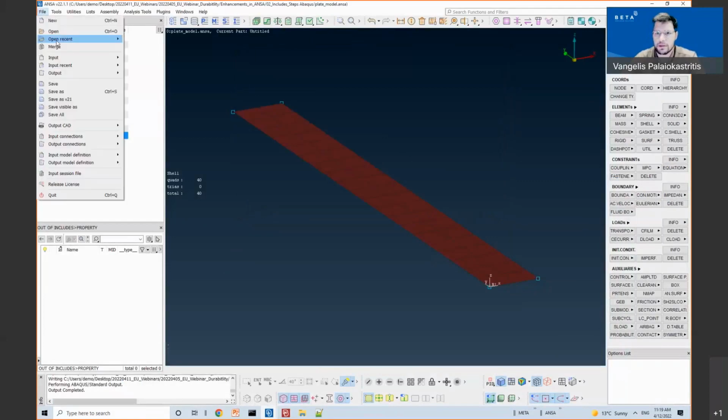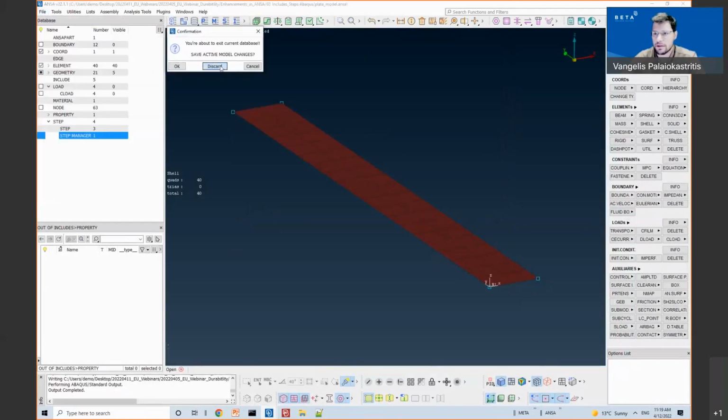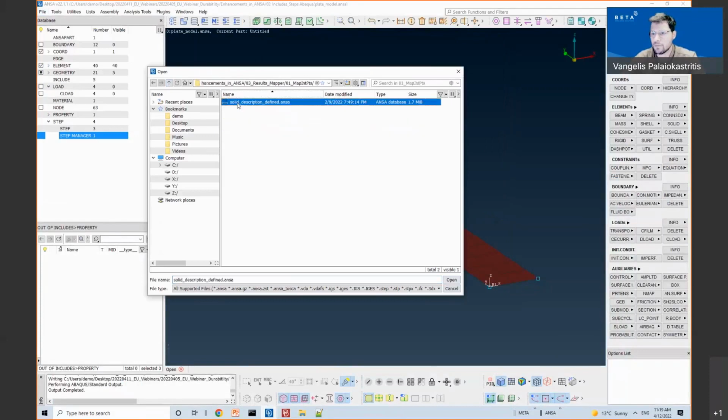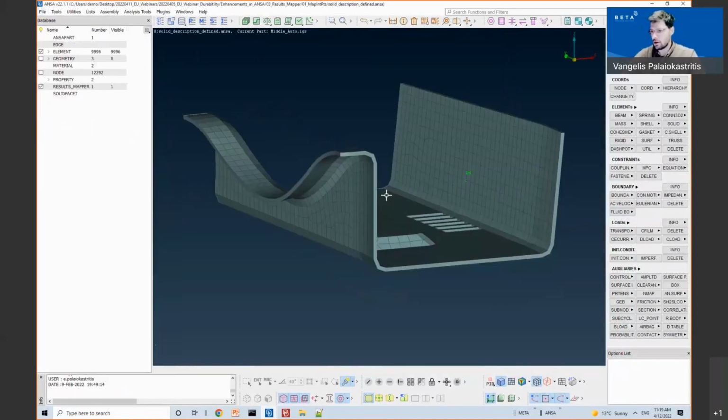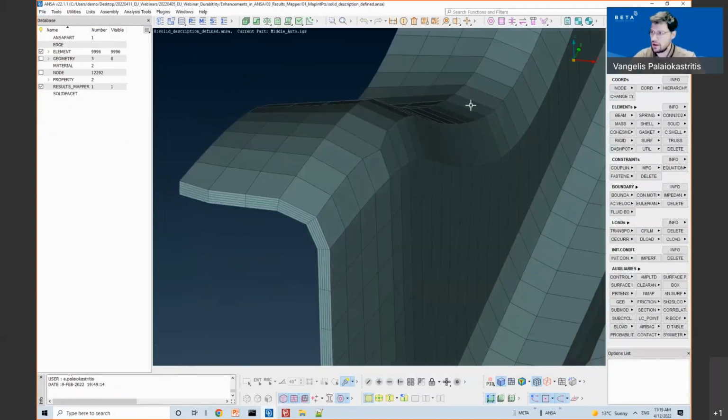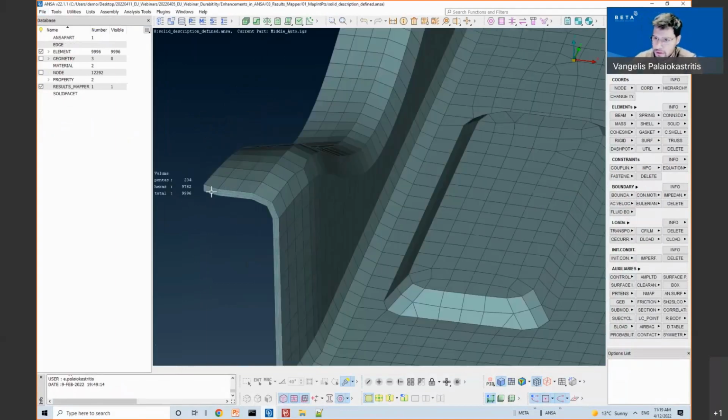Let's see an example. Okay, so I have this model. This model is a solid model.